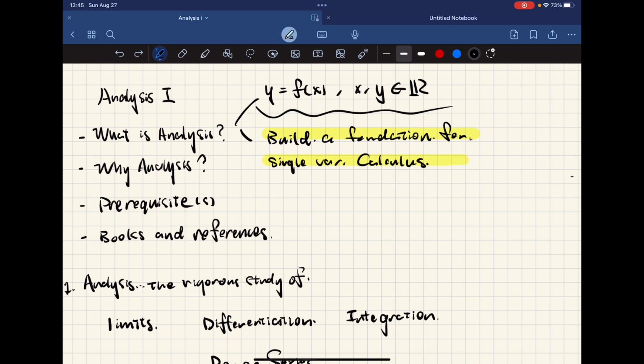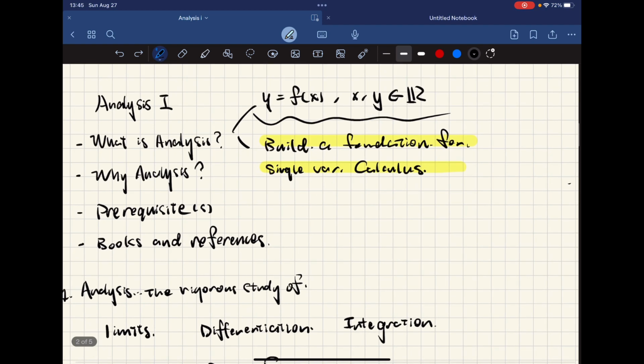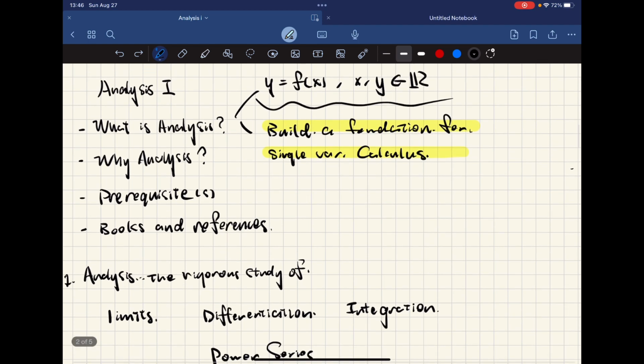Analysis is the branch of mathematics that, very generally speaking, studies how functions behave and how we can do calculus on them. But that might seem a very quote-unquote trivial thing for someone who just took calculus. But actually, there are many more things that we can do with calculus. For instance, real analysis, which we are going to learn in this course,